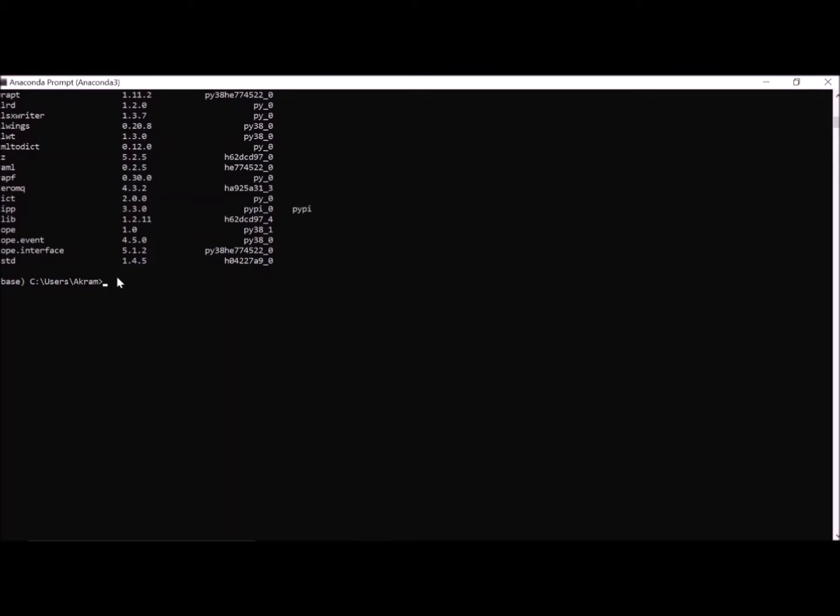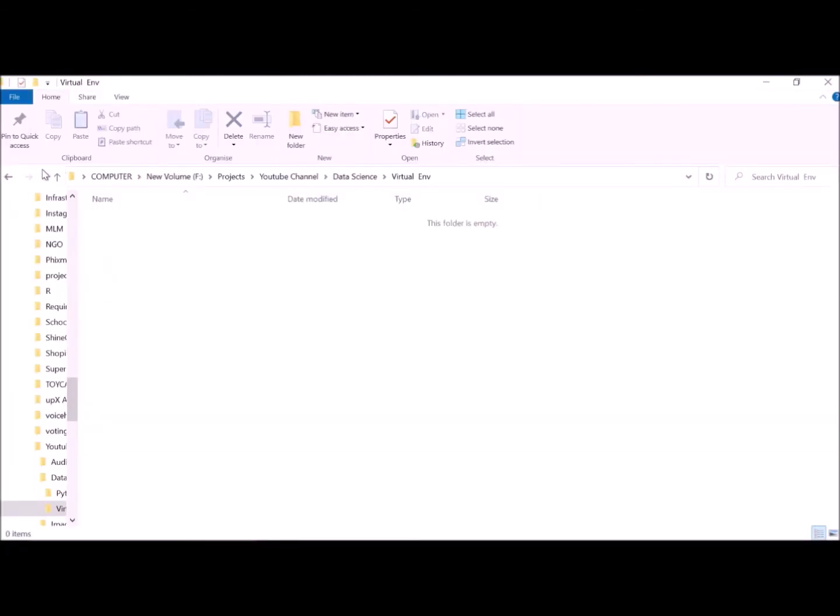It is very helpful. Now see the structure here. This is my base environment, and this is the location of my project. I would like to change my location. You can also do it on the desktop or anywhere, it's your choice. I will copy that location.